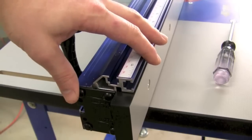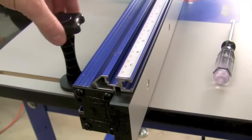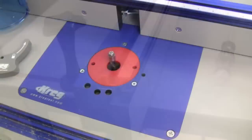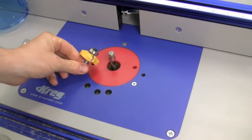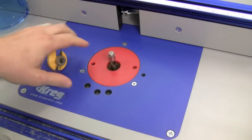This is with one end, the right-hand side locked, the left-hand not, and you can see how much I can push that. So you do want to lock down this knob, and now this end of the fence is nice and tight as well. I now want to go ahead and swap out the straight bit for this panel raising bit. But this bit obviously won't fit through this reducer ring, so we're going to have to swap that out